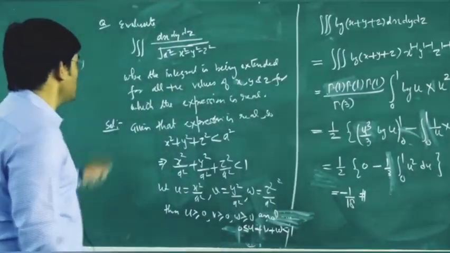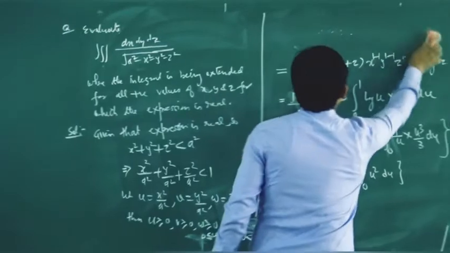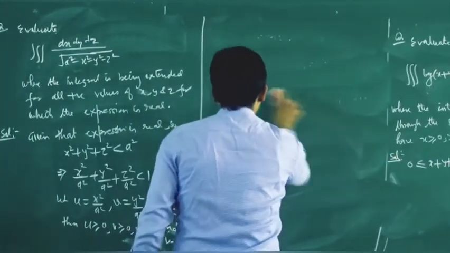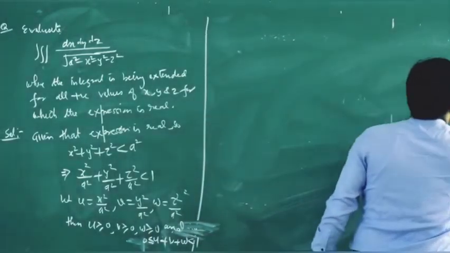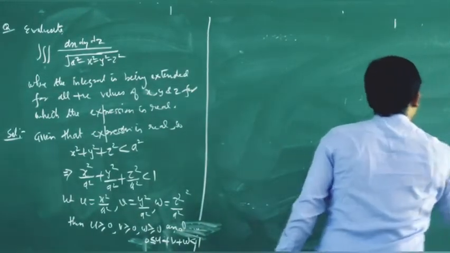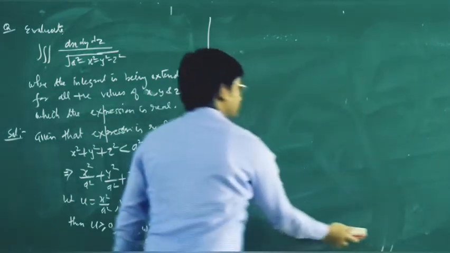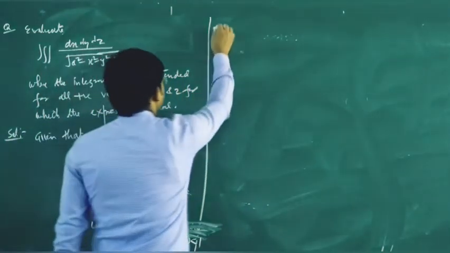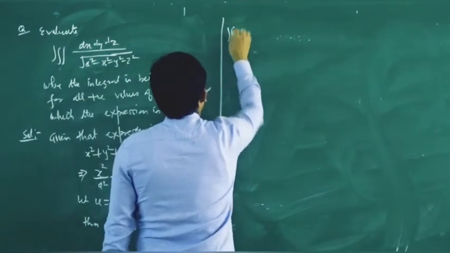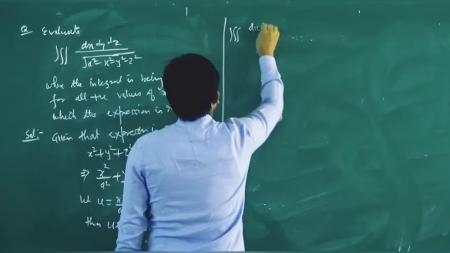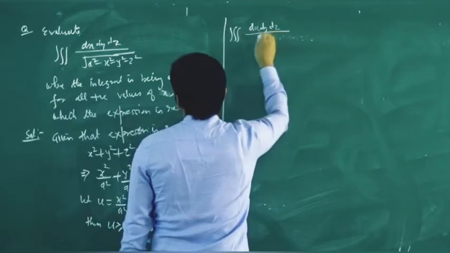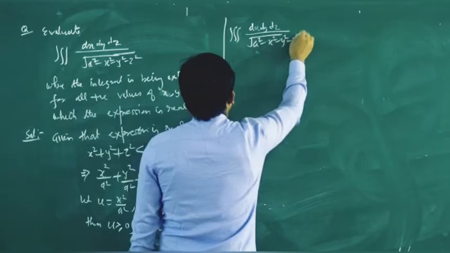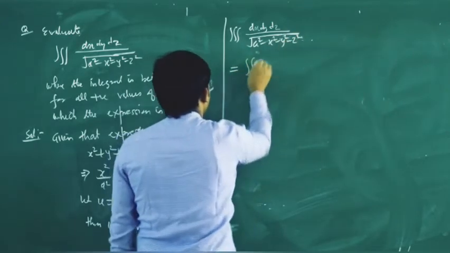So the value of this triple integral, let us apply the triple integral again. Now again the value of this triple integral is equal to, so this triple integral can be written as,